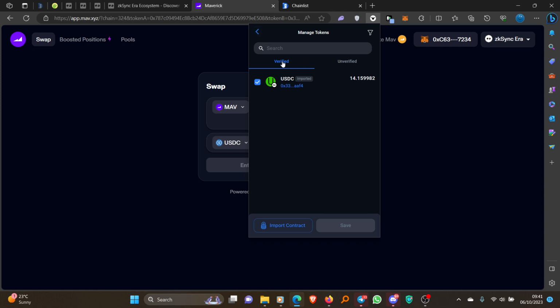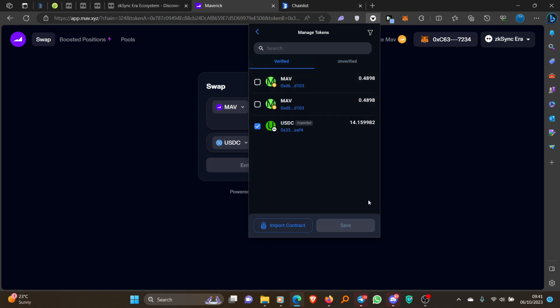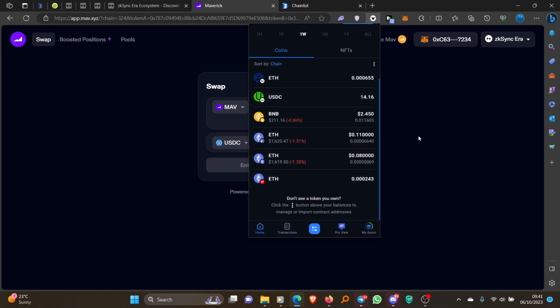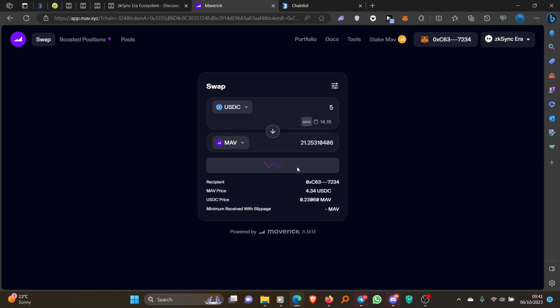So it's going to be under the verified tab. Most of these unverified are just scam stuff. So this is why this Orox wallet is very good. Yeah. So just to show you, we can do a quick transaction. Yeah. See, 5.21 Mav